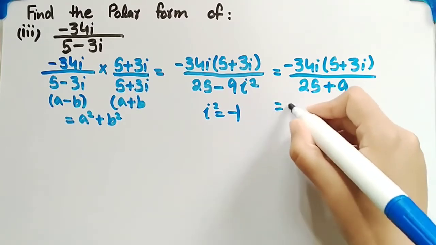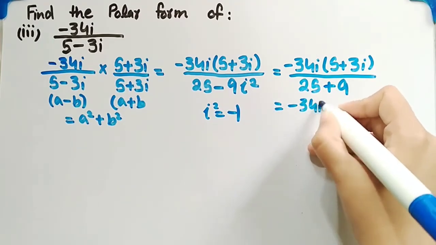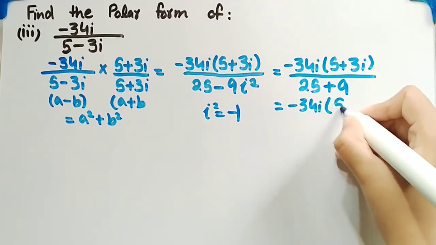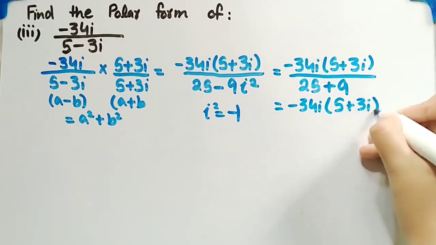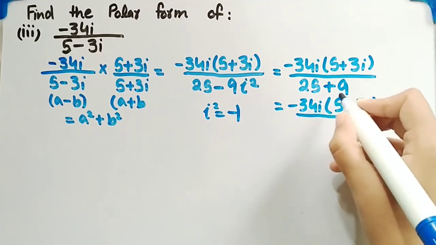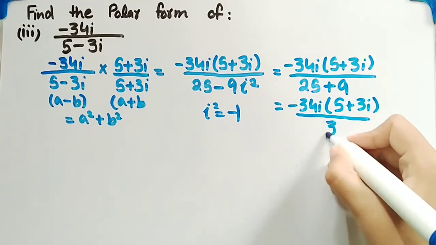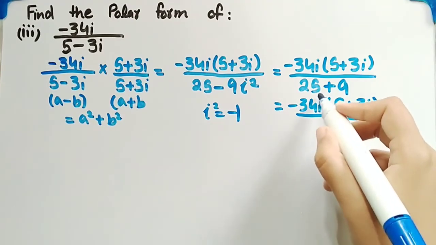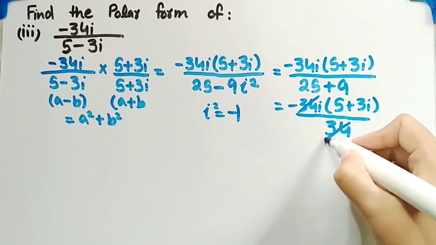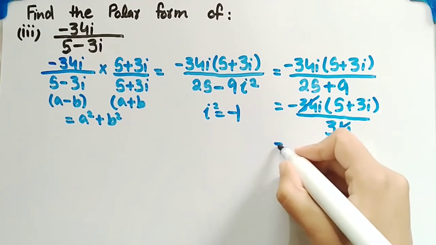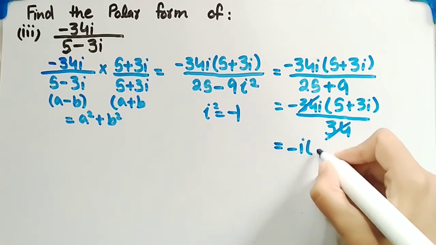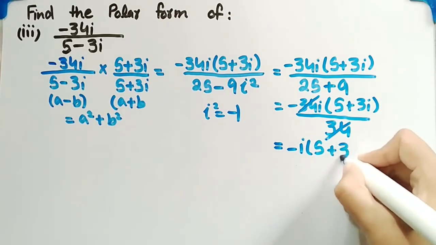It is equal to minus 34 iota (5 plus 3 iota) divided by 25 plus 9 is equal to 34. So this 34 will be cancelled out by this one, and we are left with minus iota (5 plus 3 iota),